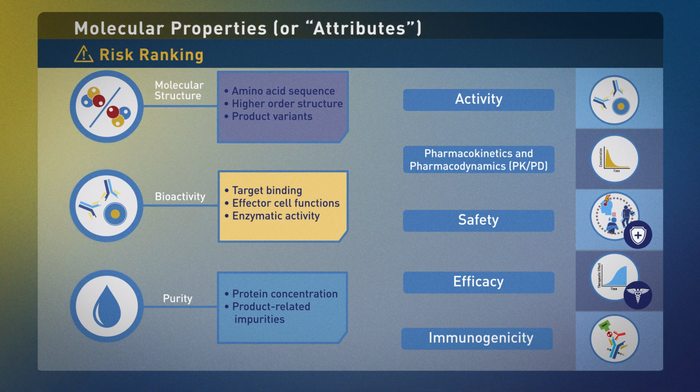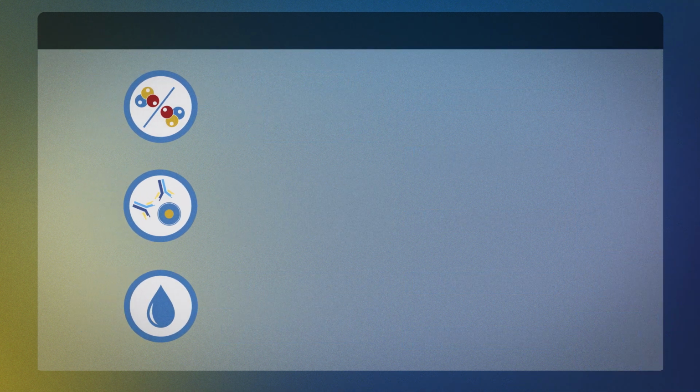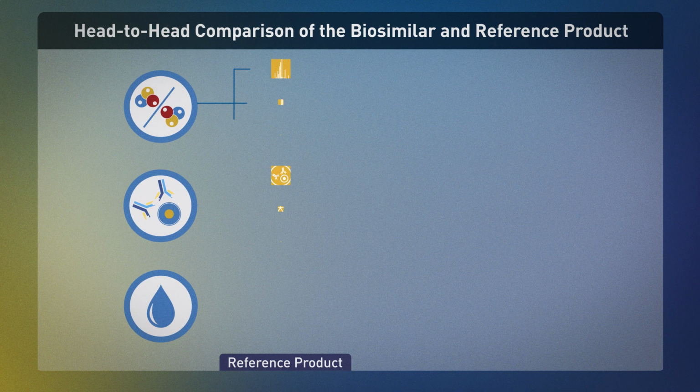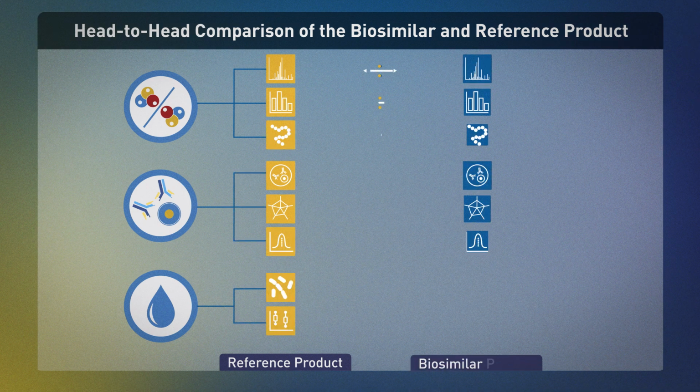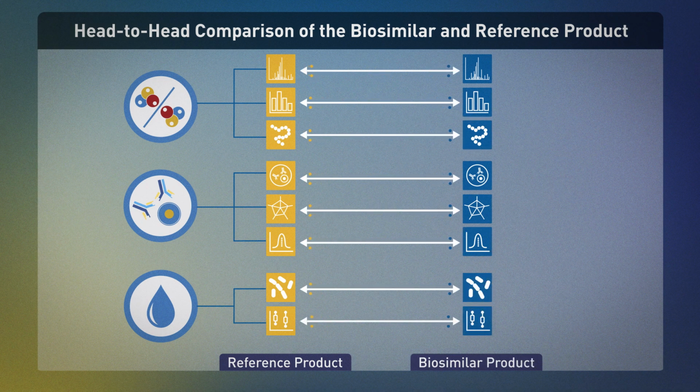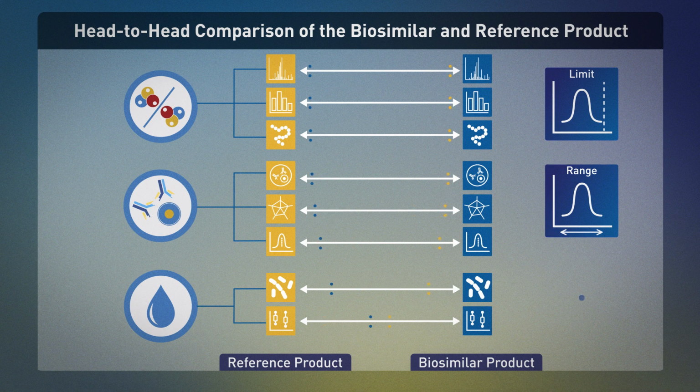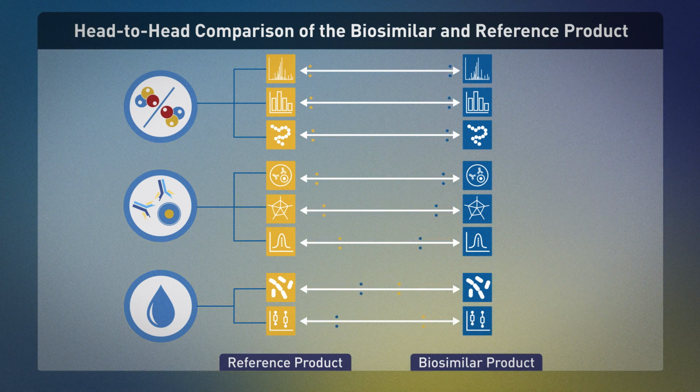Particular focus is placed on these critical properties based on the nature of the protein and other information, such as its mechanism of action. This extensive characterization of the reference product informs the standards against which a proposed biosimilar is evaluated. Manufacturers conduct a head-to-head comparison of the proposed biosimilar's properties against the reference product. Results should be within an appropriate limit, range, or distribution. The analytical studies are conducted to compare the structure and function of the biosimilar to the reference product to show high similarity between the two.